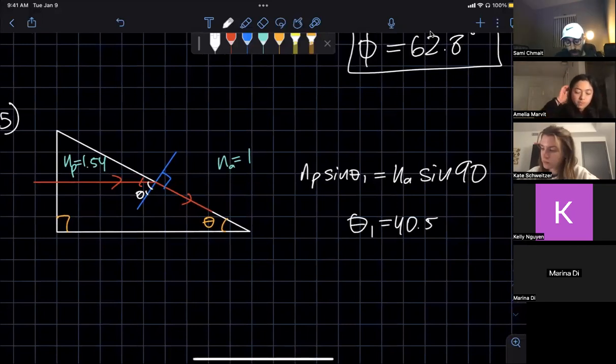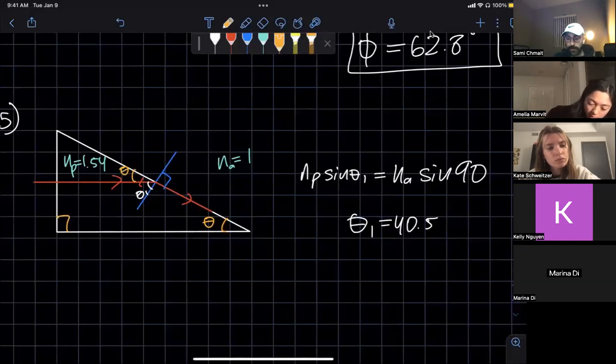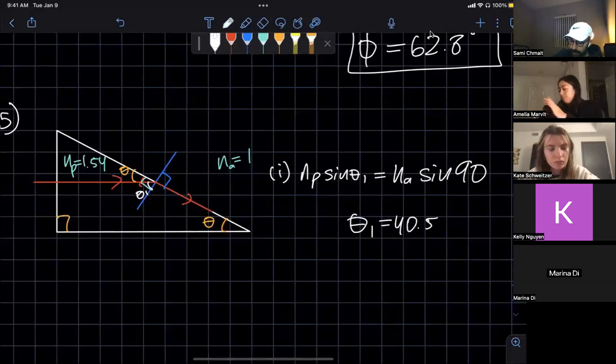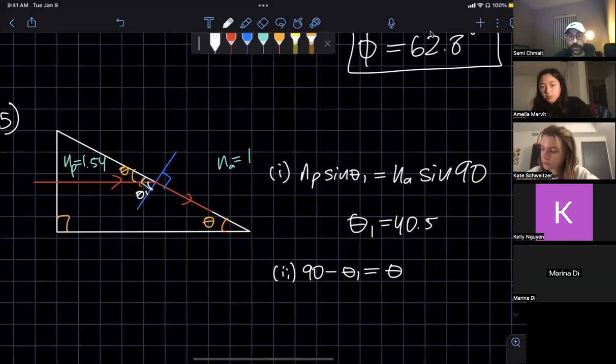Okay, well now we want to find what this angle is. And if you have a good eye, you'll be able to solve that angle because you know what this angle is. Those are the same angles. It's the same triangle. So this right here can also be called theta, right? And what's the relationship between theta and theta 1? Well, we know it's perpendicular, so here it's 90 degrees. So what we can say is 90 minus theta 1 is going to be equal to theta. And that theta is going to be our angle of interest. So therefore, it's going to be equal to